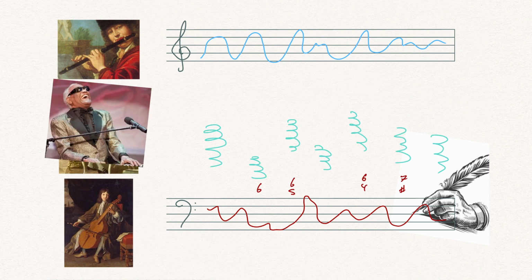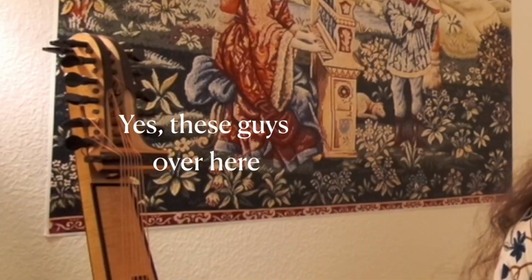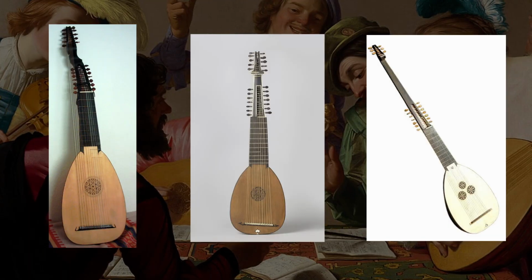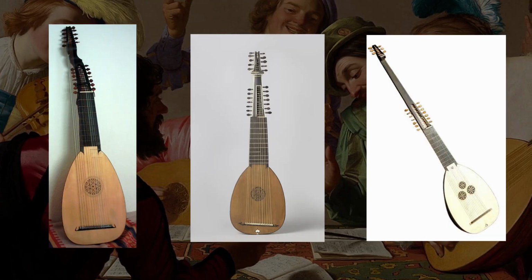This huge importance of the bass melody, inseparable from chords, led to the invention of lutes with a whole new set of bass strings that extended its register by a whole octave. These were the Baroque lute, the arch lute, and the theorbo. So, throughout this whole period, the lute was an extremely versatile instrument, serving not only as accompaniment, but also having an amazing solo repertoire in its own right.